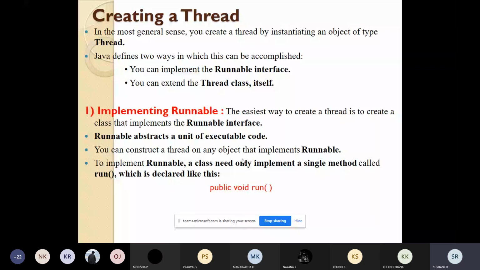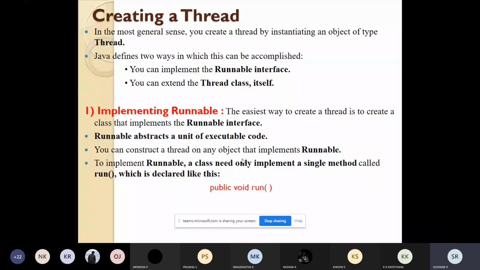Now, how will the program be written? First, as I told you, class demo implements runnable interface. After that you can declare a thread reference, then create an object for the thread, and then start the thread.